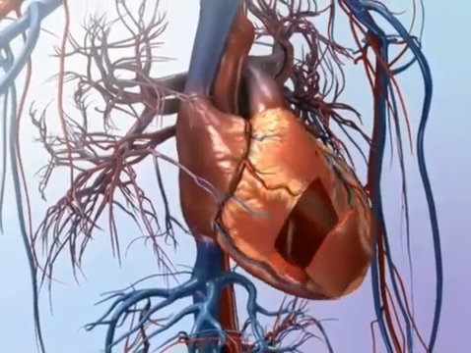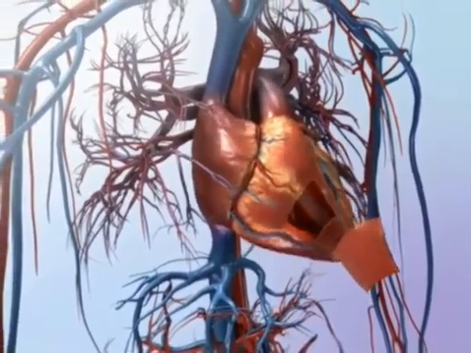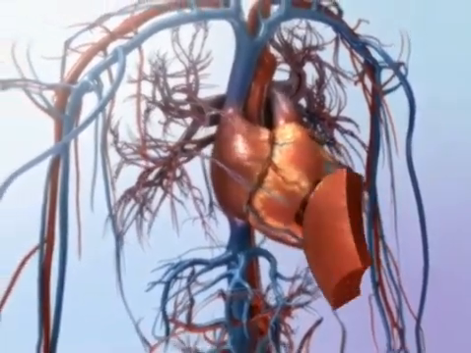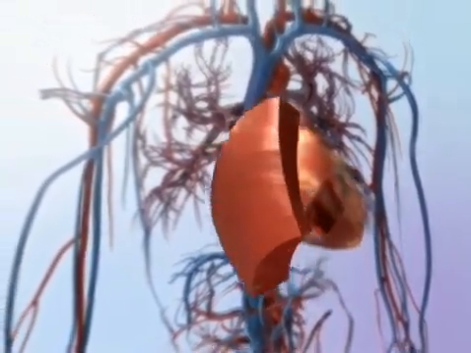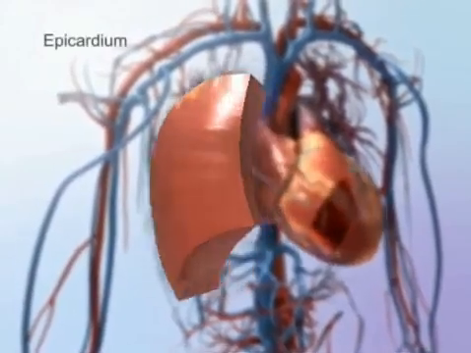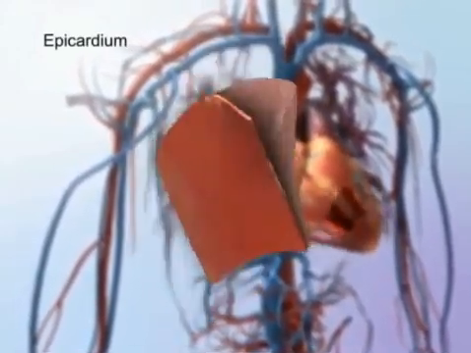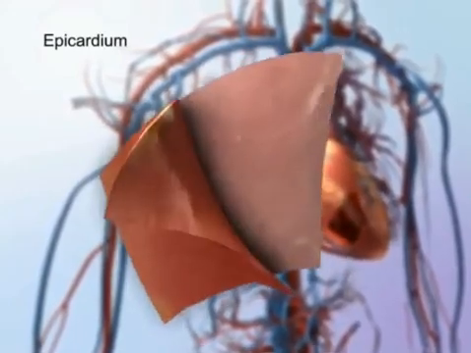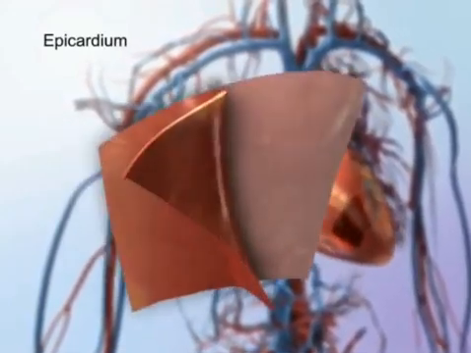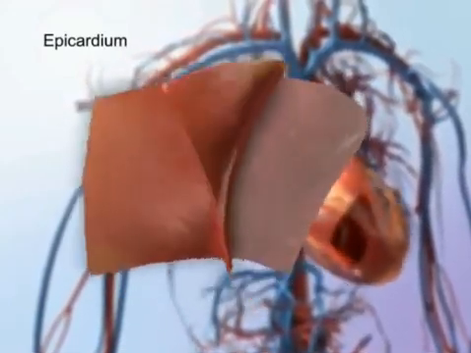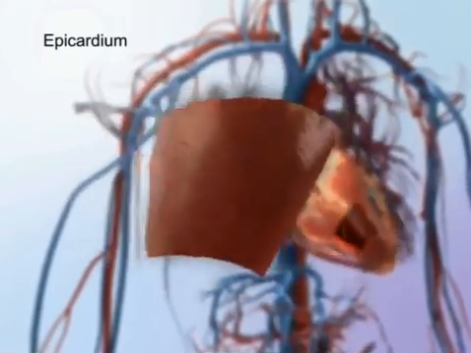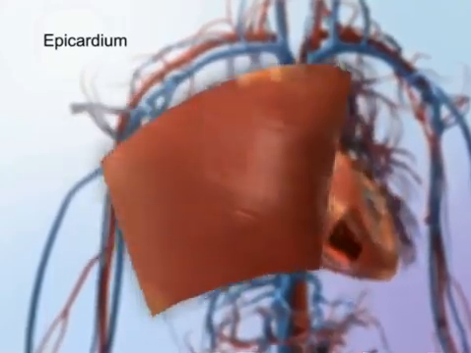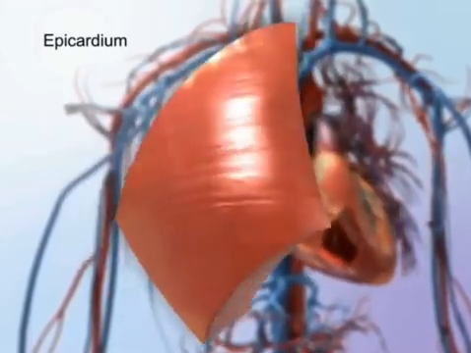The heart wall is composed of several layers. The three layers of the heart wall are the epicardium, the myocardium, and the endocardium. The outermost layer, or the epicardium, is also known as the visceral pericardium, or the innermost layer of the pericardium. It covers the heart, wraps around the roots of the great blood vessels, and adheres the heart wall to its